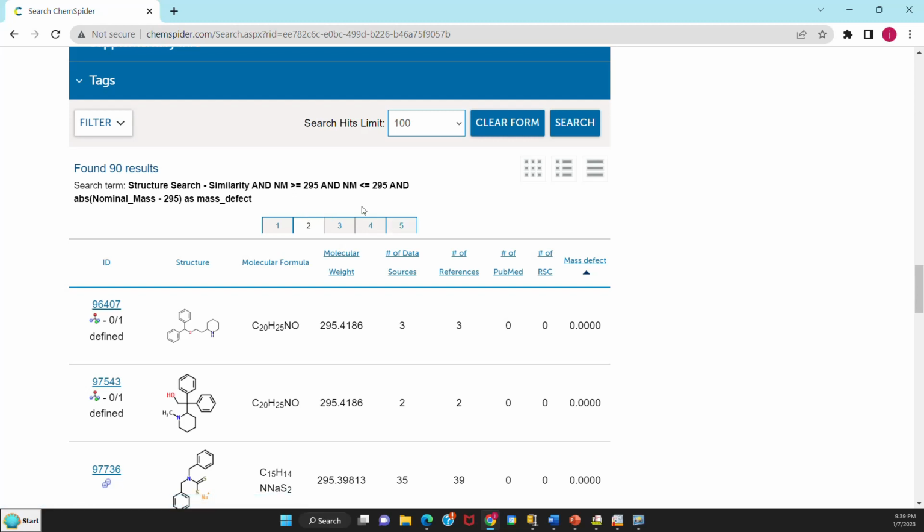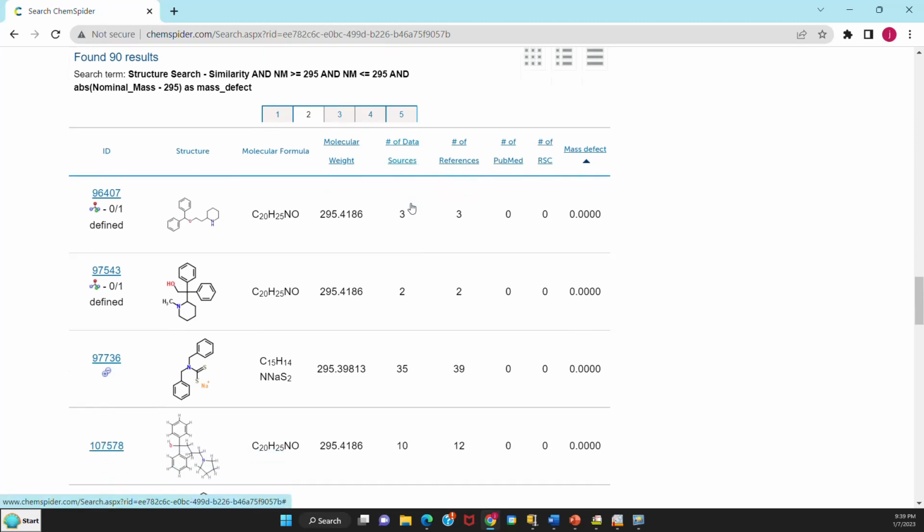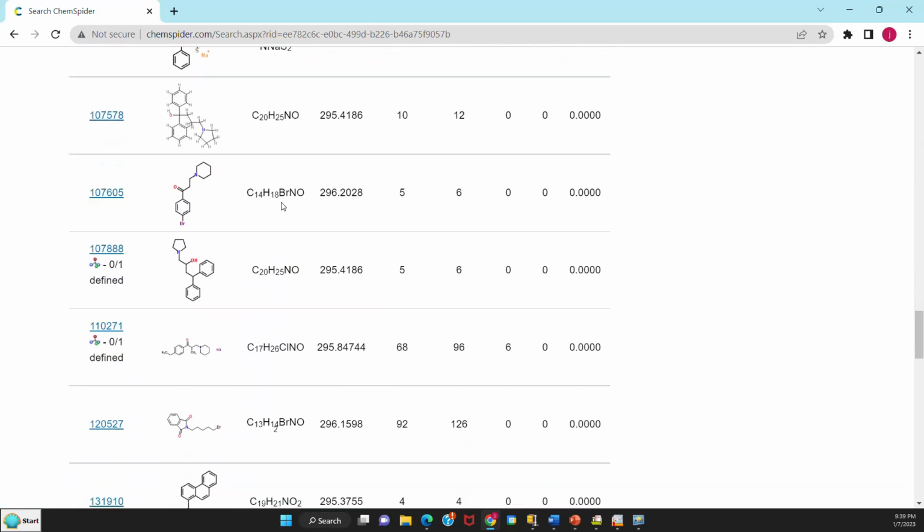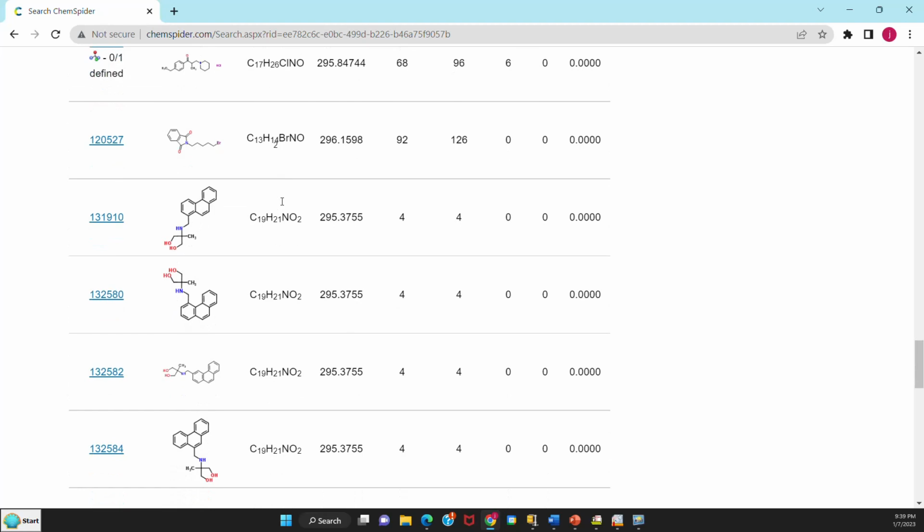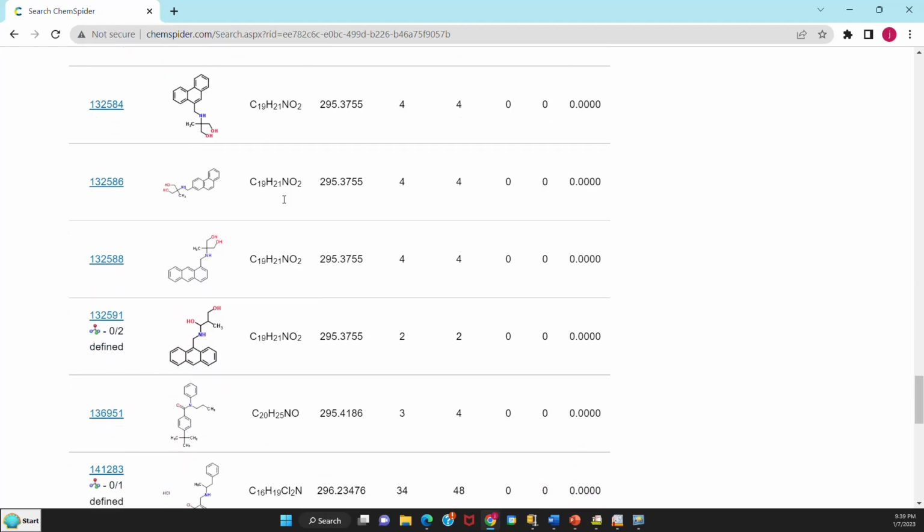So that's going to take a while to look, but we got to make sure we didn't increase past the 100. And we did a structure search, similarity, and I'm just reading to make sure it did what I wanted to do. 295 to 295 with no mass defect. So that's all good. So you'd have to sit here and look through these. So I'll just scroll through them very quickly. I really don't see anything of interest there